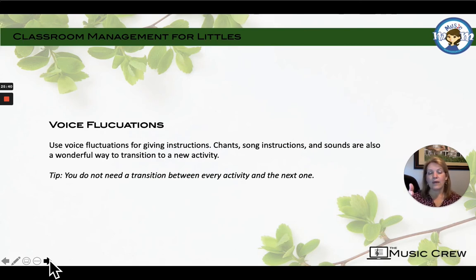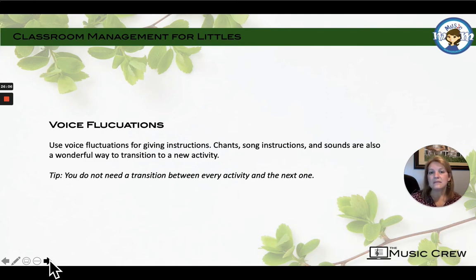Is it going from large group to small group or large group to centers, whichever vocabulary word you prefer there? Is it standing up and sitting down? Is it distributing, teaching manipulatives or instruments or collecting them? Is that where you lose them? Where is it that you feel like you need some help, where you need some transitions, okay?